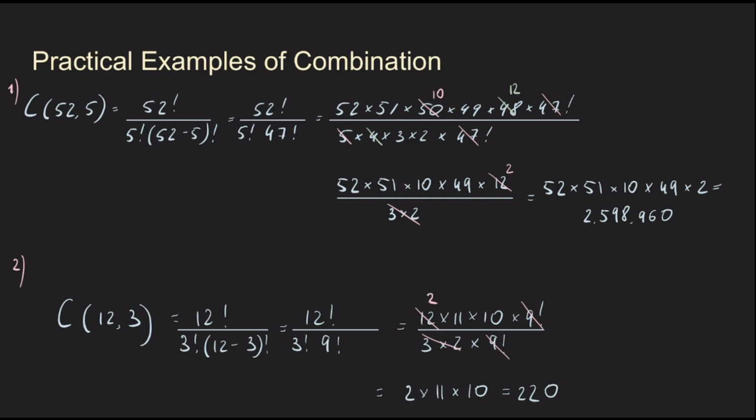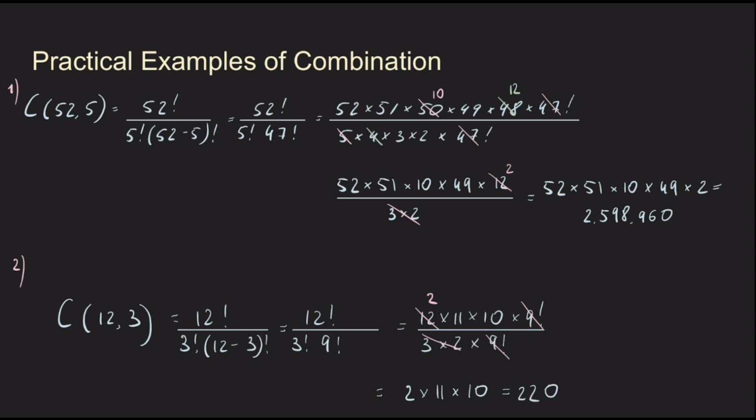And now we can see that we can reduce 5 and 50, and we can reduce 4 and 48 by 4, so we get 12 in the numerator there. So we end up having 52 times 51 times 10 times 49 times 12 divided by